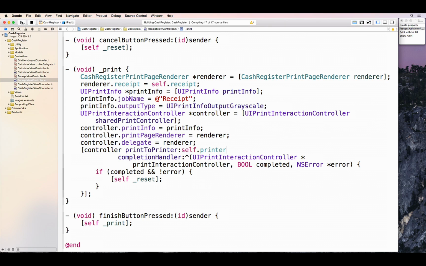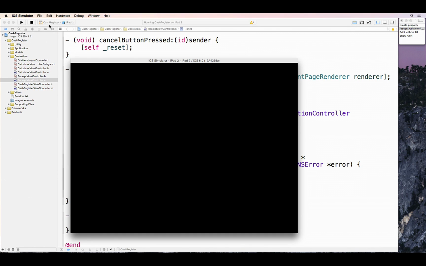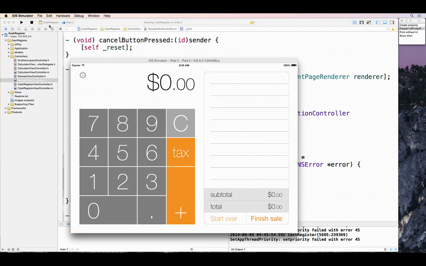and we're now going to be able to print without the UI. So I'm going to go ahead and fire up the simulator here so we can show this to you. And something that I didn't get a chance to talk about here, but it could be a logical extension, is maybe filtering based on the type of printer that we're going to use. We want to use only receipt printers with this app, but maybe a shop also has a photo printer, and you wouldn't want to